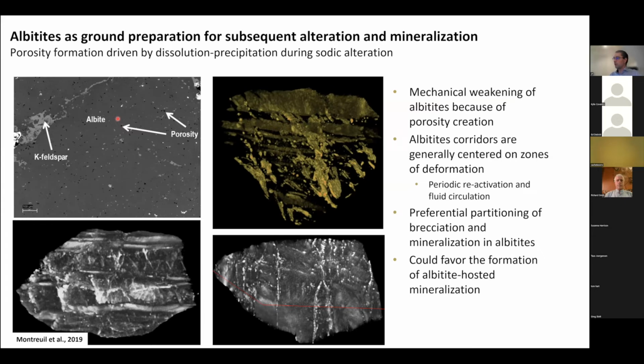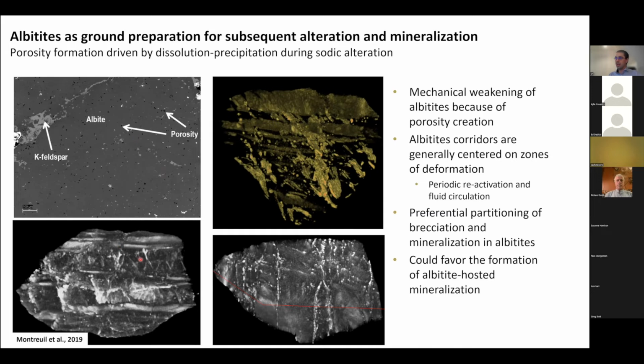This can be well visualized using CAT scan images of an albitized sedimentary unit. So on these CAT scan images here, we have the original bedded sedimentary unit. And then these dark beds are those that are completely sodically altered. What we can see is that all the veining is preferentially formed in the beds that are albitized, but those that are not as albitized and preserve their phyllosilicate-rich composition are not broken. They're a bit more difficult to break than these porous and isotropic zones of sodic alteration.